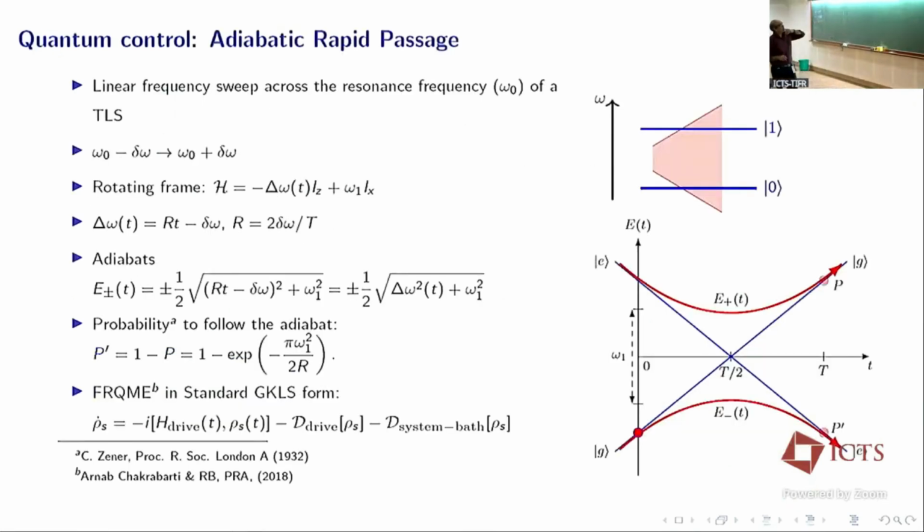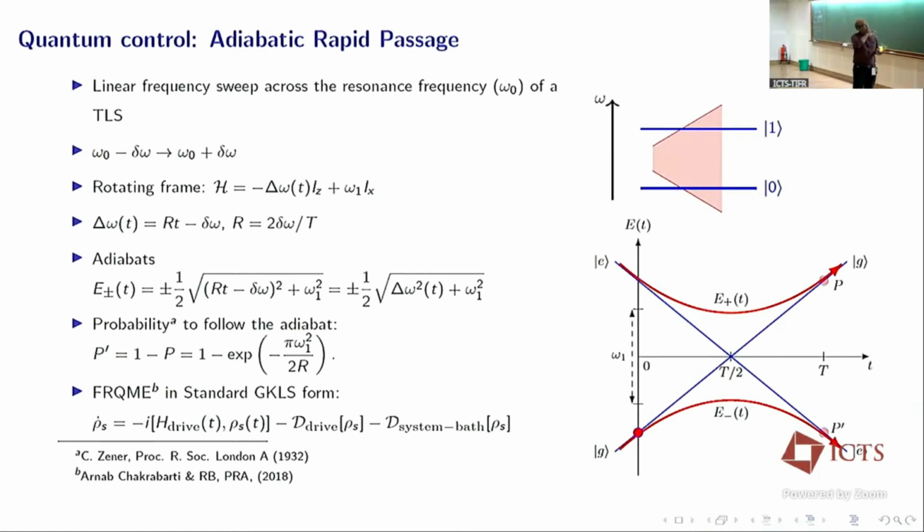Finally, I would like to talk about one more application of FQME. There are many. We are also working on cavity QED and others, but here I will only focus on the quantum control part. So one experiment that happens in NMR or optical spectroscopy, a pretty common experiment, is you have a two-level system. It has a resonance frequency, and you apply a chirped pulse. So it's basically a frequency sweep. You start the sweep much away from the resonance frequency and slowly cross the resonance frequency